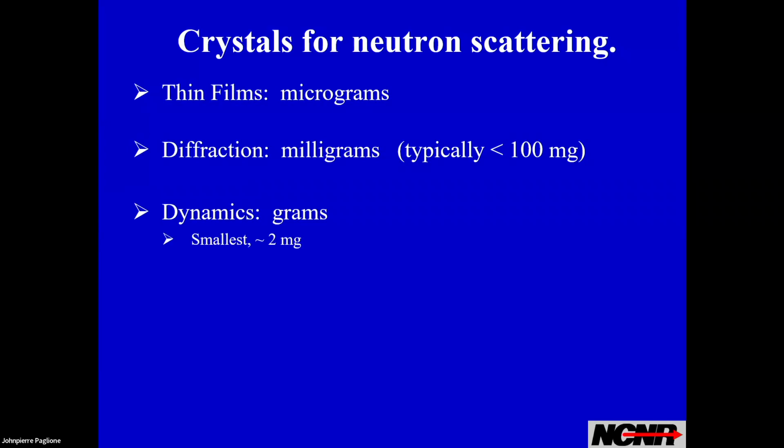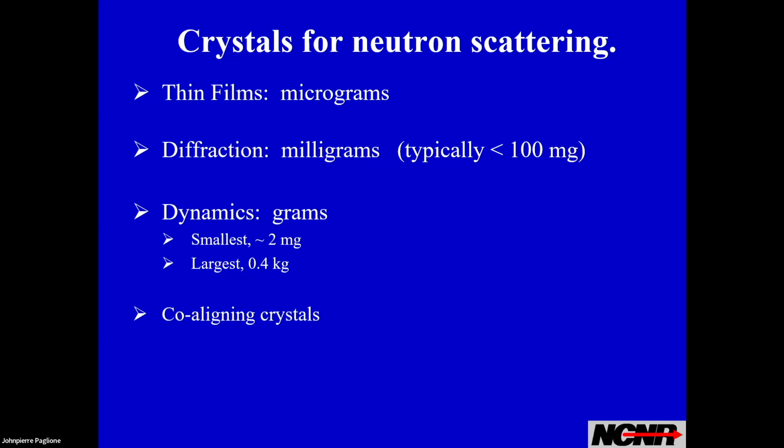So the smallest one that I've ever done was a 2 milligram single crystal with one of the cuprates, because we were really interested in that. Very difficult to do. The biggest one was 0.4 kilograms. In fact, that was a single crystal of nickel 60 that was grown at Oak Ridge when I was doing my thesis work. So that's giving you the scale. Anything bigger than that, and we can use it, but it's always